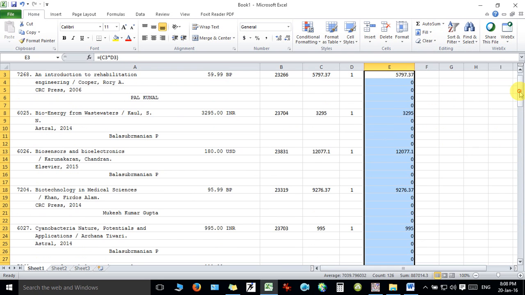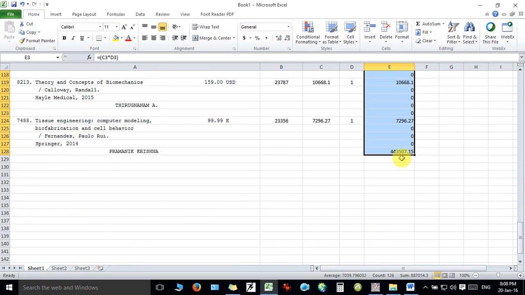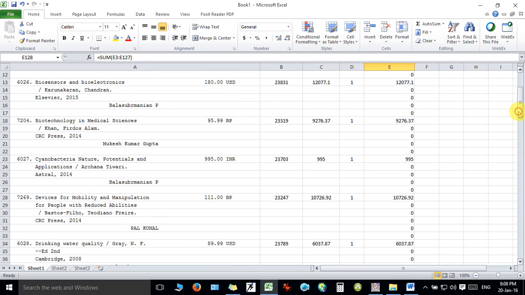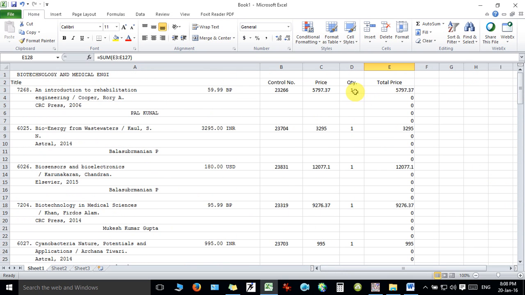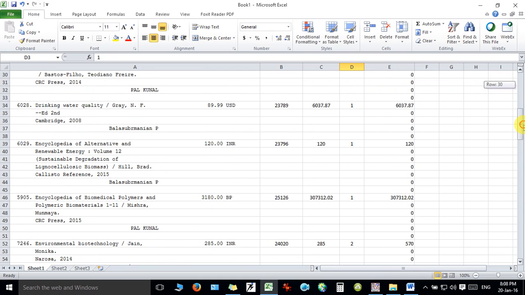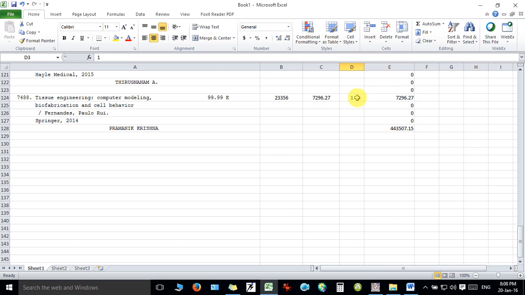Come down and you will find that we have got the total price. The same way, if you select this particular cell, and come down and select here, you can see the total number of count is 24 and the total volume is 30.